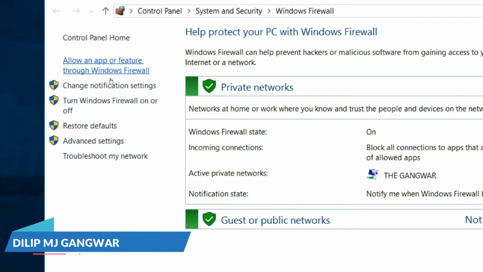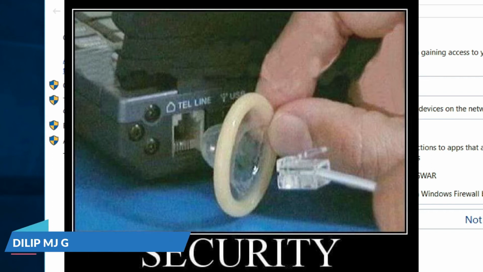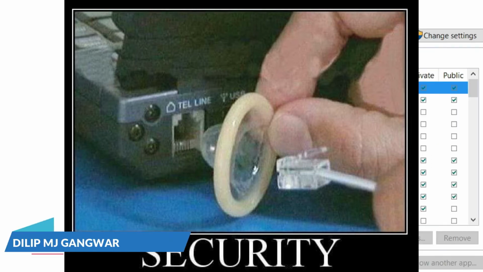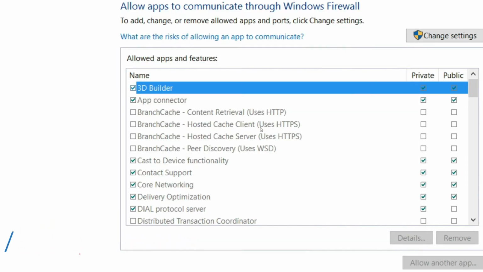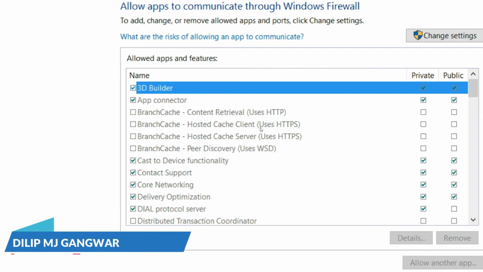This Windows firewall every time creates problems, and I want to shut the Windows firewall as well. Click on this. One thing, in this situation I am going to set the permission for the remote service at Windows Firewall, but this is a very universal setting.